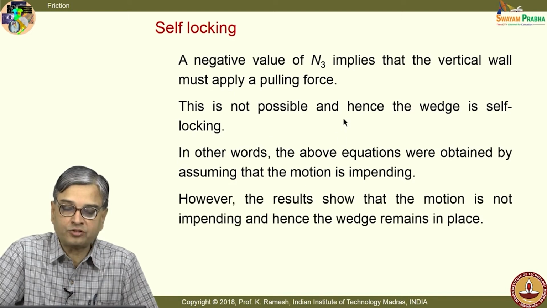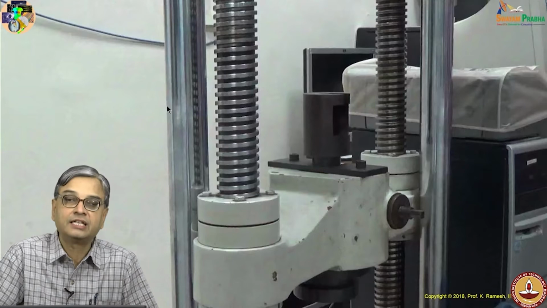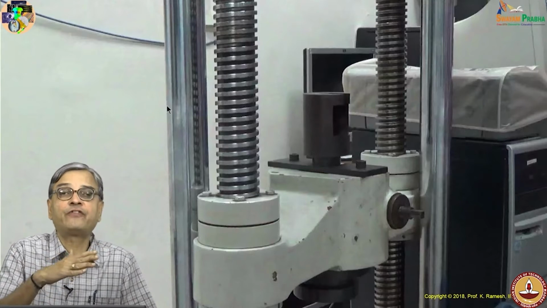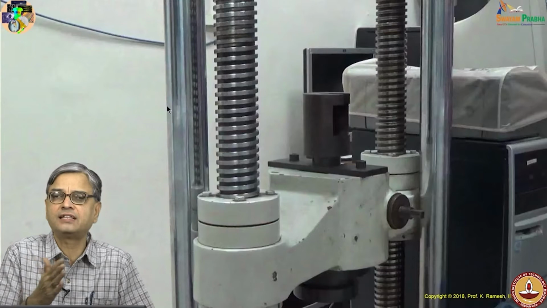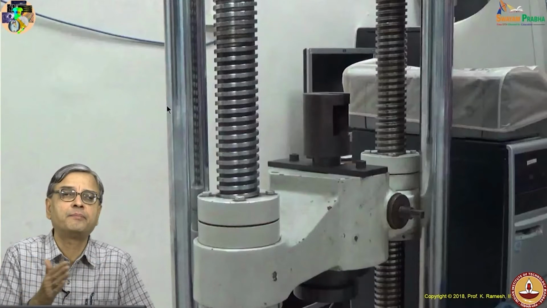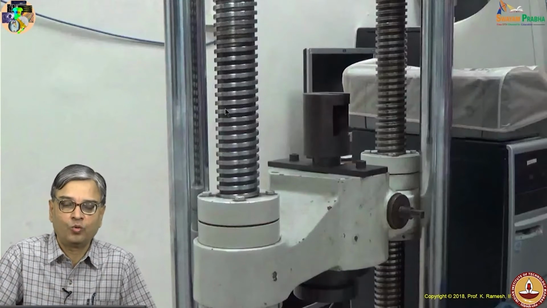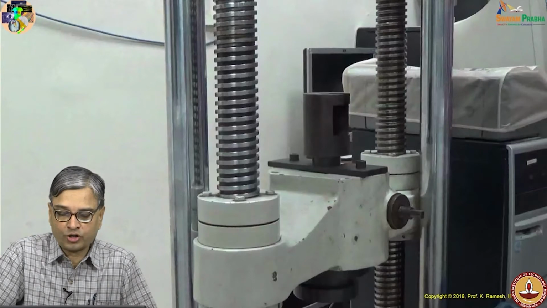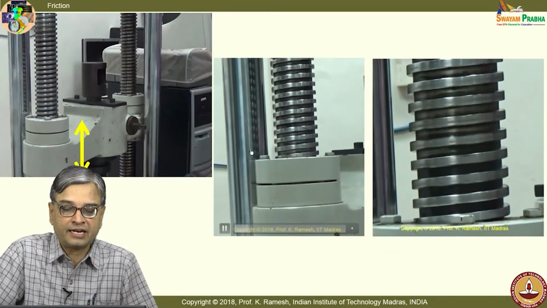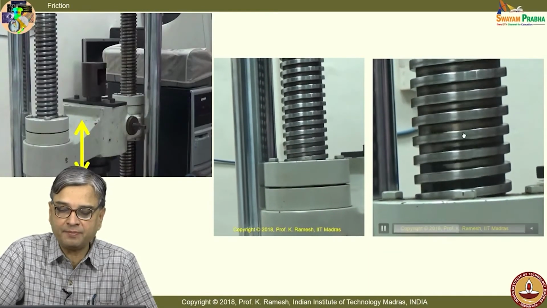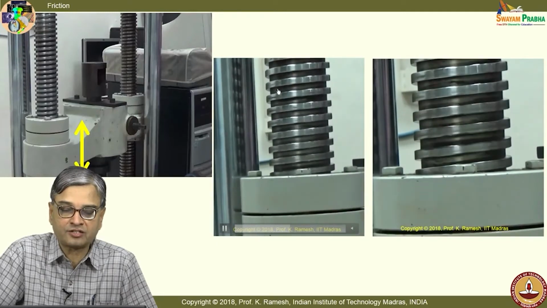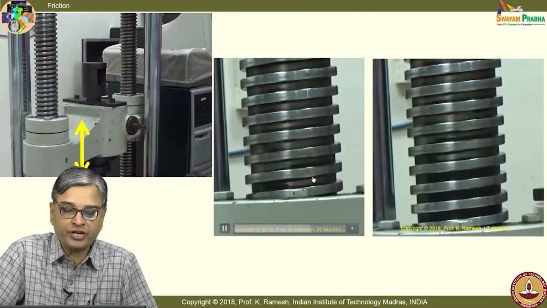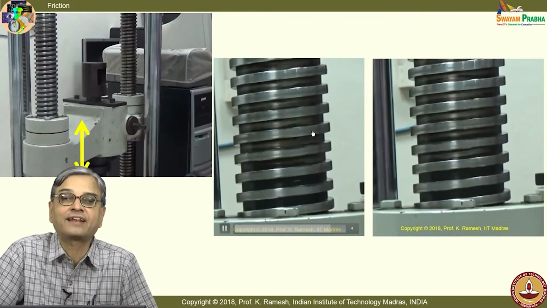And what contributes to self-locking? If you look at the angle of the wedge and the friction, they contribute to self-locking, and this is very well used in many engineering applications. What you see here is a tensile testing machine. This is screw driven, and the material you put between the jaws is pulled by it. It is rotated on one side, it comes up, and then rotation is in the opposite direction, it comes down. And what you need to notice is this is a square thread.